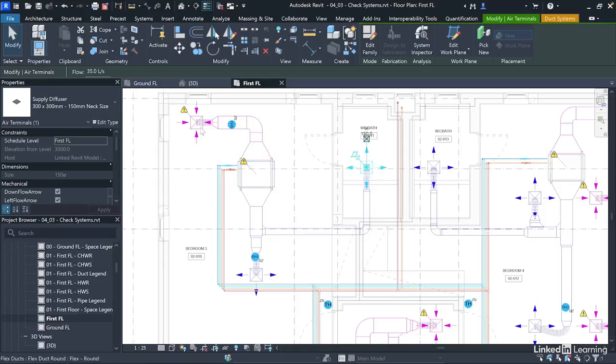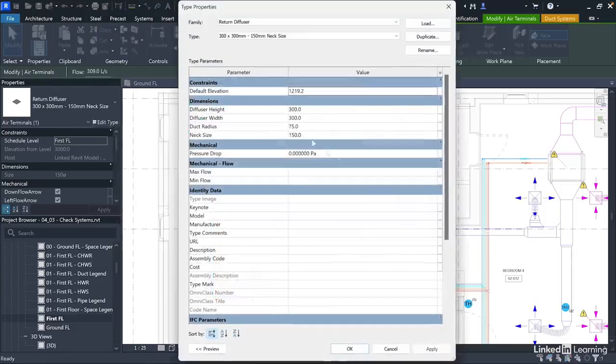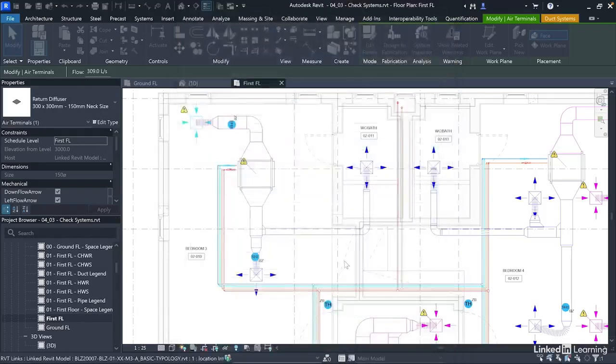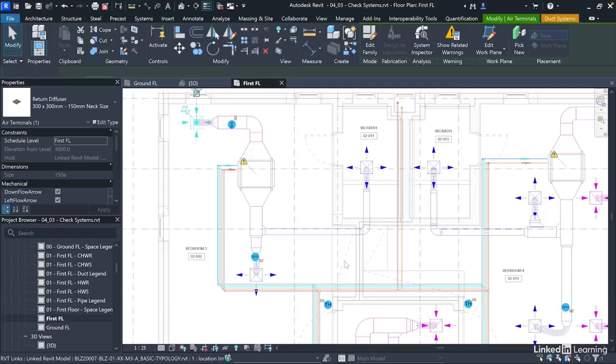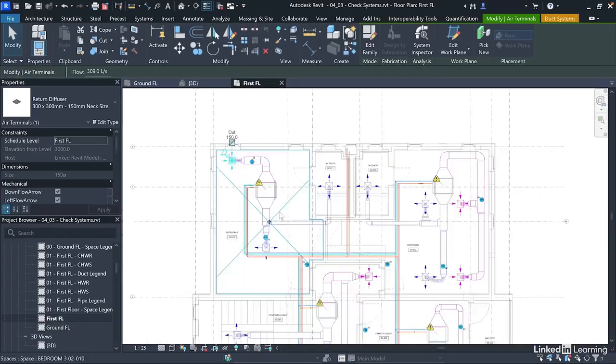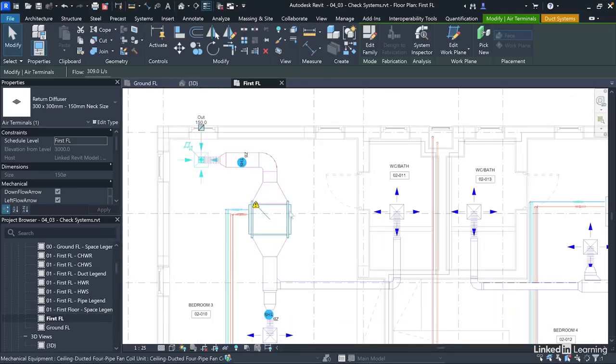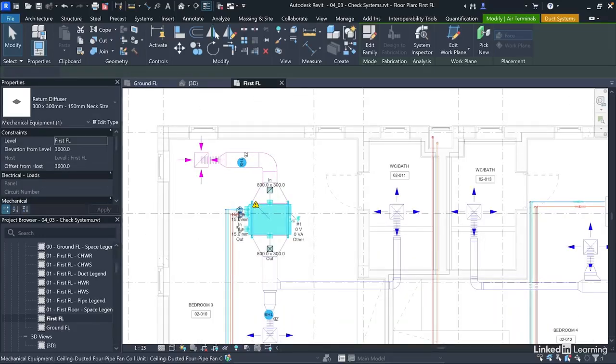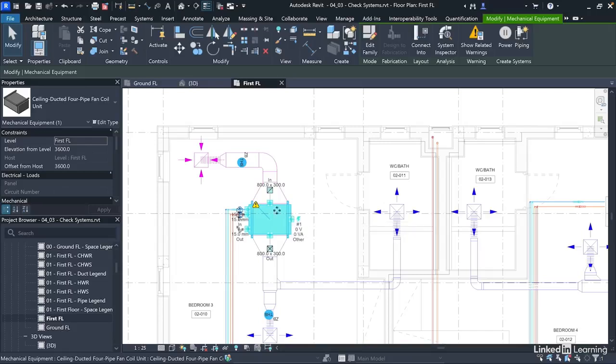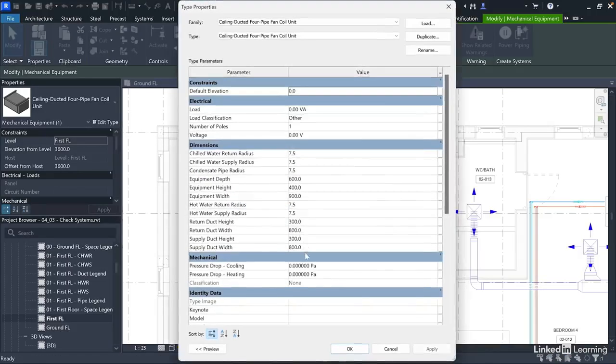We'll do the same for the return. We'll select this, click Edit Type, and we'll also fill in the same 14 pascals. Again, this can differ on your project depending on the project specifications and the manufacturers they are using. So now we have the fan coil units left. You can see that this has reduced drastically. So for the fan coil unit, we have 3 different pressure drop values, or things that have to do with pressure drop. So when you click on Edit Type here, you find the pressure drop for cooling and pressure drop for heating.